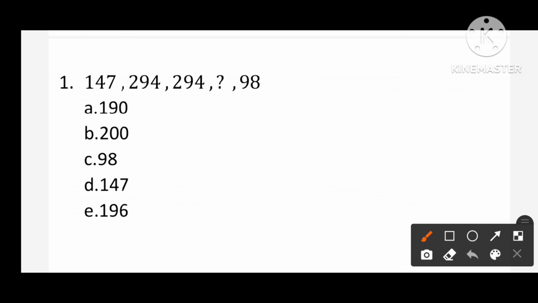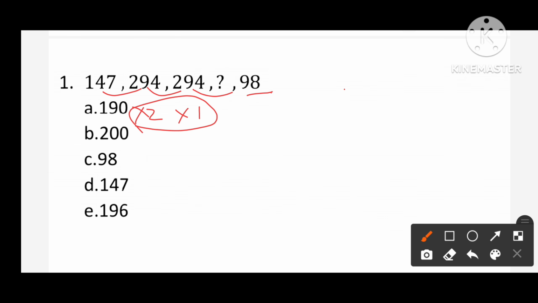147 becomes 294. So it must be into 2 times. Here it is 1 times. So it must be half times. 147 and 147 divided by 1/4. It is not the value of 98. So this process is false.